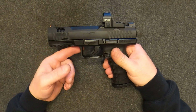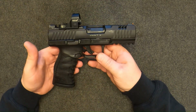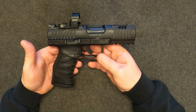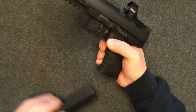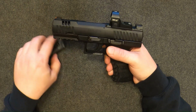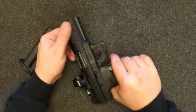But you're not going to carry this thing. It's huge. It's massive. Nobody's going to carry this. I guess you could use this inside the home. 22 mag is probably not your best option, but it does have a couple advantages. One being that 22 mag is not a super hard recoiler. If you don't have strong hands, this doesn't recoil much. And also the